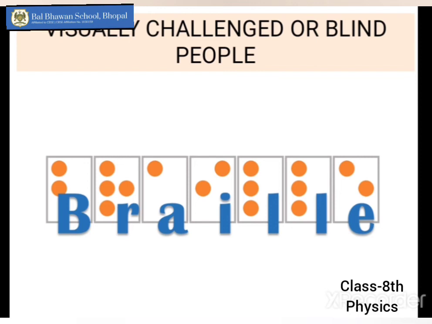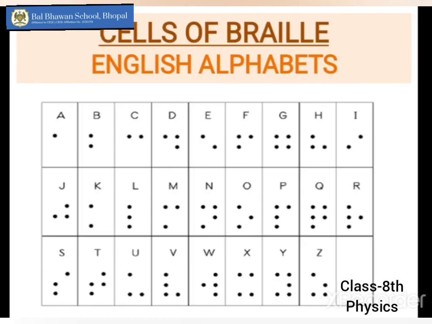This is actually the embossing of the dots. Each and every rectangular portion which is made is called a cell of the Braille. In that cell there are 1 dot, 2 dots, up to 6 dots in each cell. This is how the letters are written. As you can see in this picture, the cells are having either 1 dot or up to 6 dots, not more than that. So each and every alphabet is formed by using the pattern of the dots, which can be felt by the people.